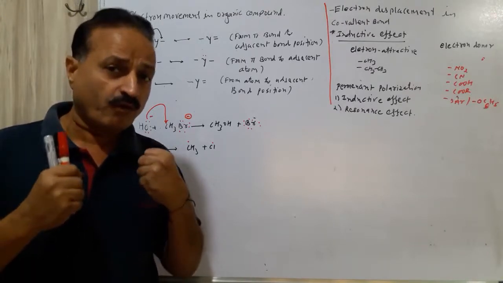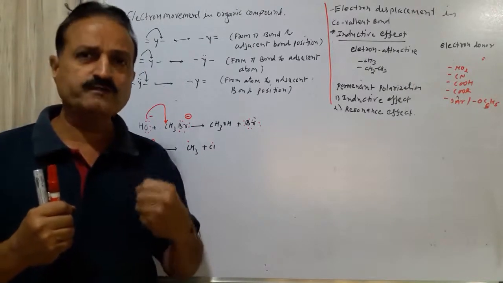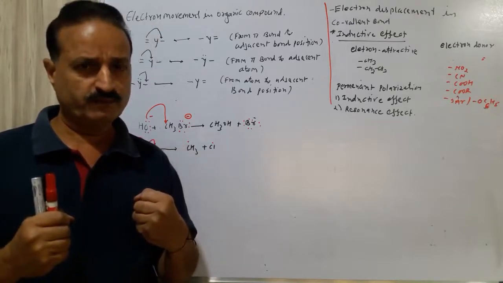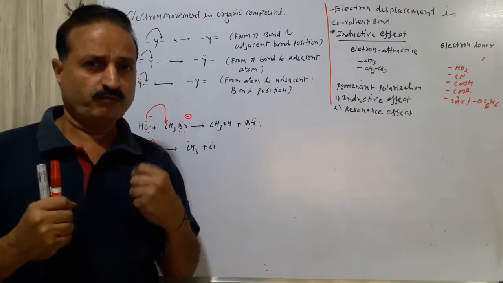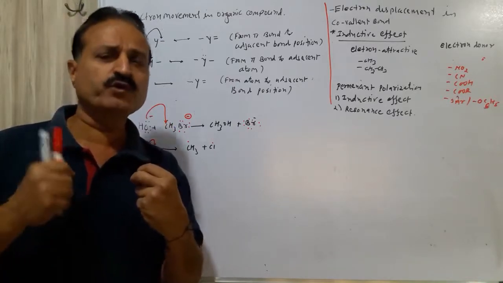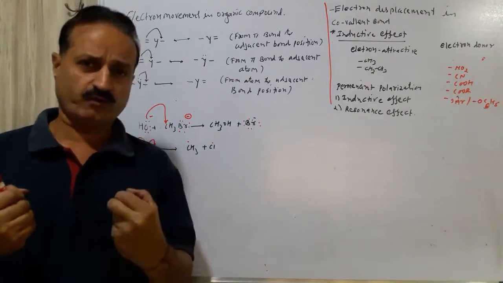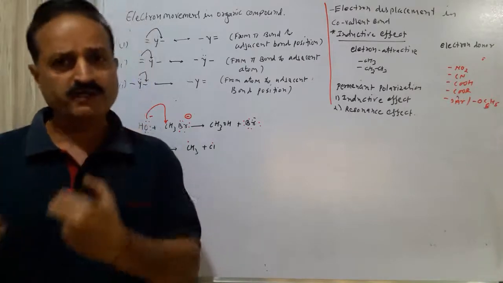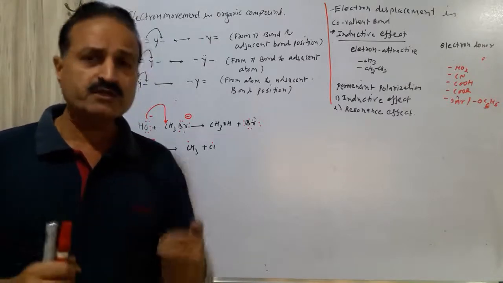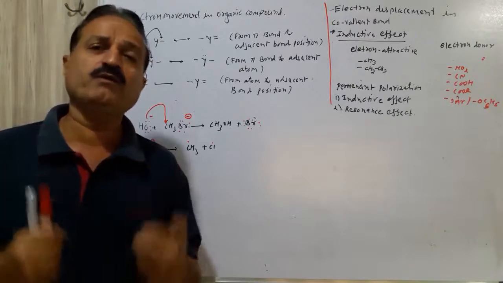When an organic reaction is done, the old bond is broken and a new bond is formed. For that, a bond transfers from the original atom to a new atom. Bond means it is the electron. If a bond is transferred, it means an electron is transferred. Transfer of electron is said to be movement of electron in organic compounds.